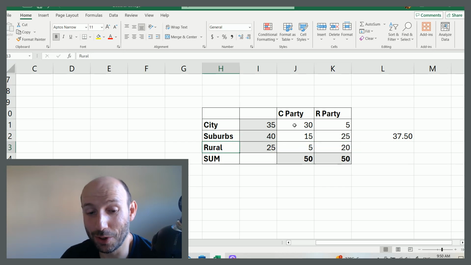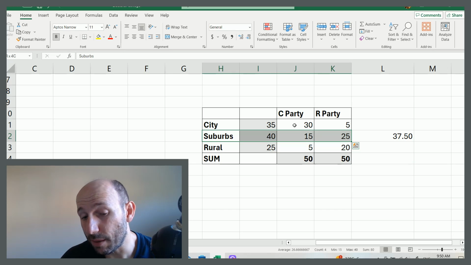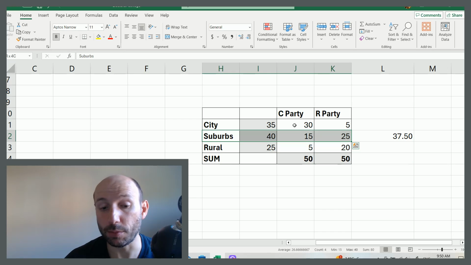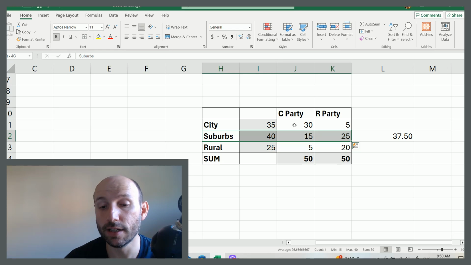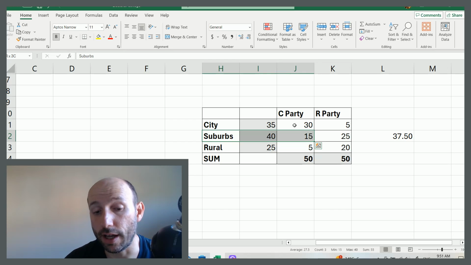Because that's how compromises work, right? You might find something that both sides love, or you might find something that both sides hate, right? If you're taking the political issues, for some of them you're going to be more like what city people will like, for some of them you're going to be more like what the rural people will like, and you have to find that right combination of what to be more pro-city in and what to be more pro-rural in, so that most of the suburbs like you. That is a very, very difficult task, right? You might very easily accidentally find a compromise that the suburbs hate. So that is a very difficult strategy. A much more robust, solid strategy is just favor the cities all the time, and you only need 38% of the suburbs vote.